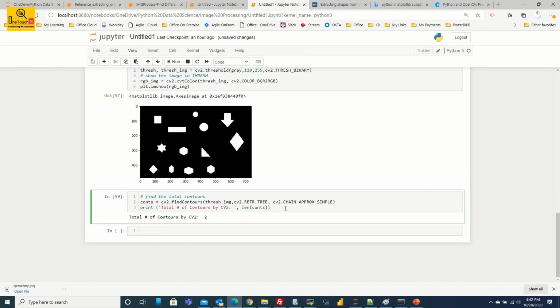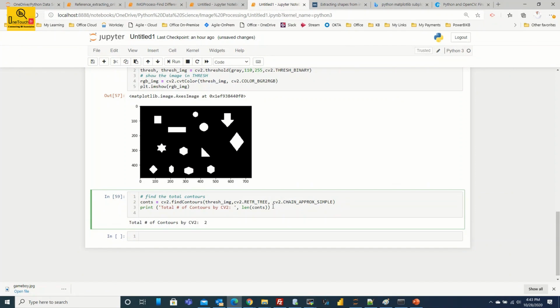It is wrong. We have 4 plus 2, 6, 6 plus 3, 9, 9 plus 4, 13 objects. So the remaining 11 objects are not coming directly out of the findContours from OpenCV. How do we extract those remaining 11? That is where I said in the beginning, there is a custom package called imutils from skimage. Using that, we will retrieve the remaining 11 contours. So the next step is to fine-tune the contours returned by